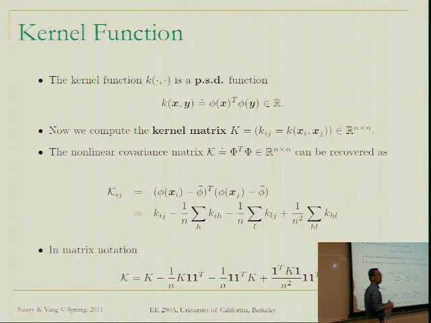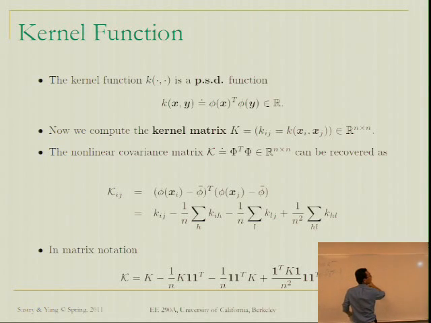Okay? Phi bar is the mean. So now you see that it's an average of this. So phi bar is equal to an average of